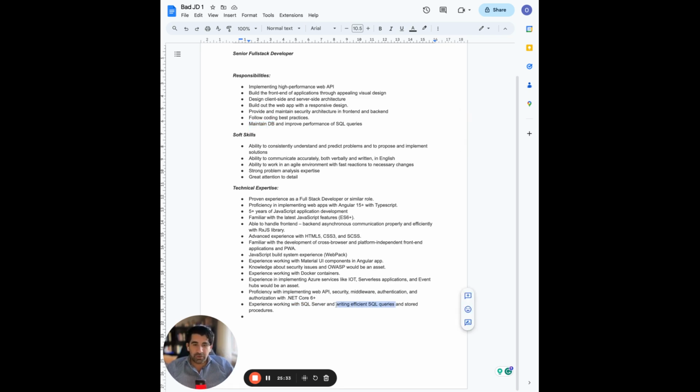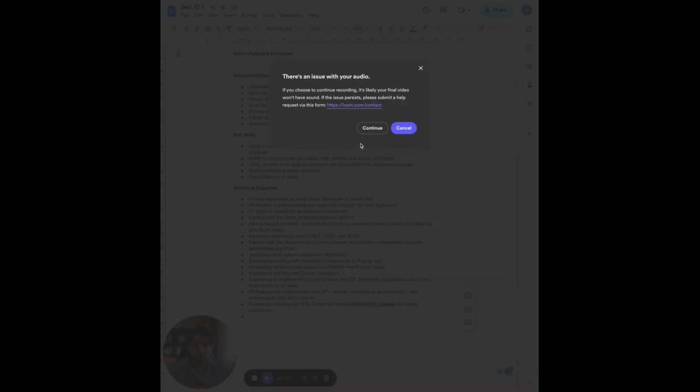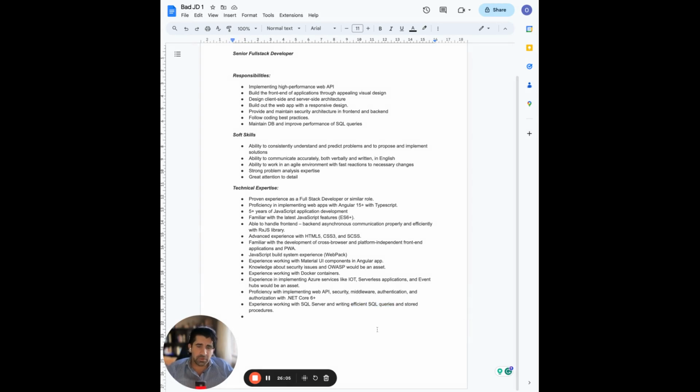Writing efficient SQL queries. What does efficient mean? Okay, because an efficient SQL query for John is not the same as it is for Sarah, is not the same as in Google, YouTube, or a dinky little website, right? They're all very, very different because writing SQL queries is an art and a science. That's the thing. It's an art and a science, and that's it. Yeah, and it shouldn't be so. Okay, and we shouldn't have to even mention.